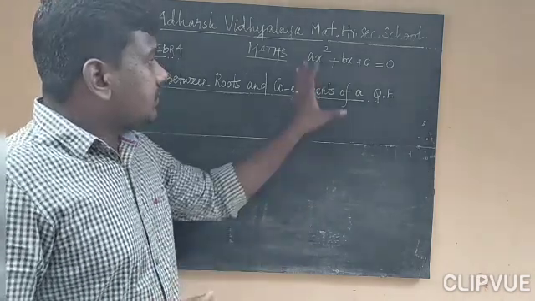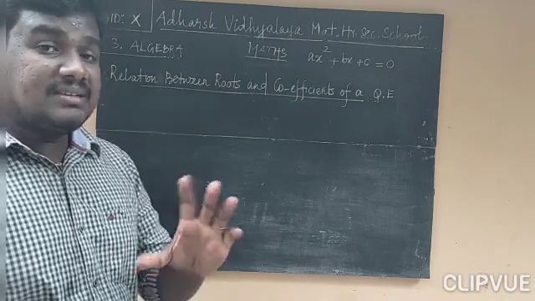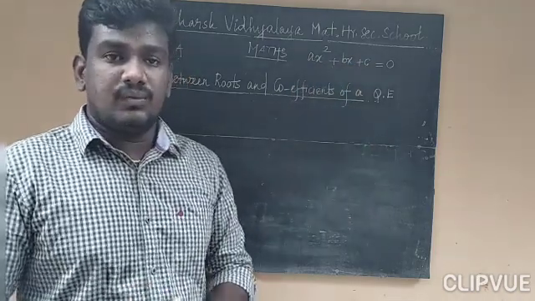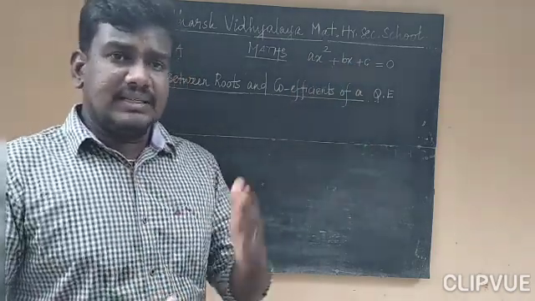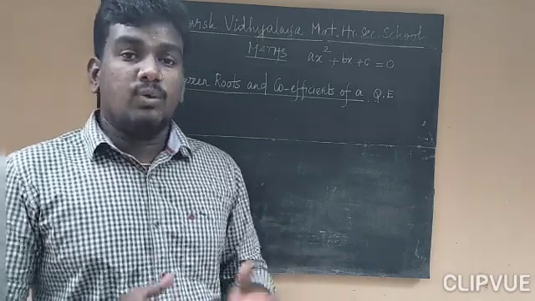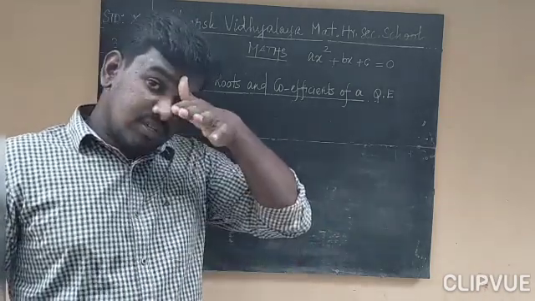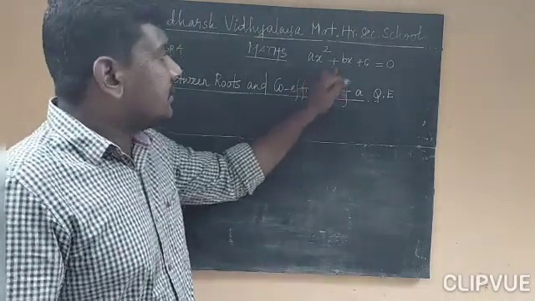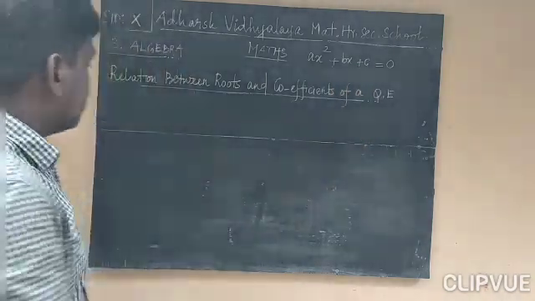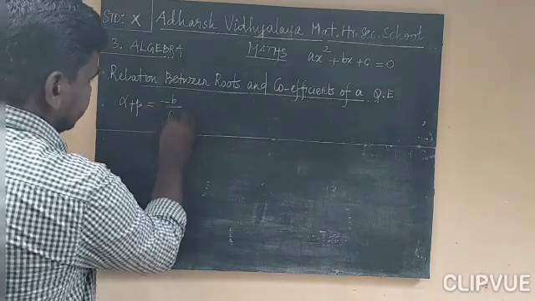So here, you know very well, a quadratic equation has two roots. So what is the relation between the roots and the coefficients a, b and c? We are going to define that now. Already I taught you how the roots and the coefficients relate. It means if alpha and beta are the two roots of the quadratic equation ax square plus bx plus c equal to 0, the sum of the roots, alpha plus beta, is equal to minus b by a.